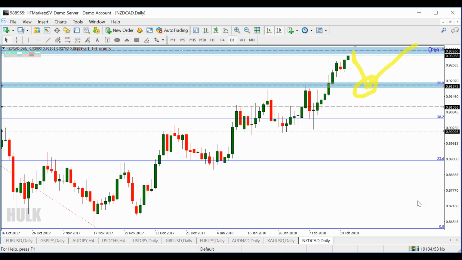Because why? Because the market trend is uptrend. Try to trade, follow the trend. Even though Fibonacci, this is a strong area, kalau ada reversal, you can take a counter trend trade, tapi don't take the higher risk. Take the lower risk trade. Follow the trend.